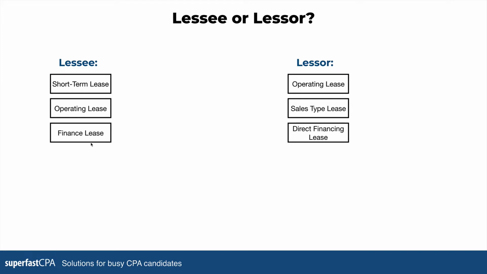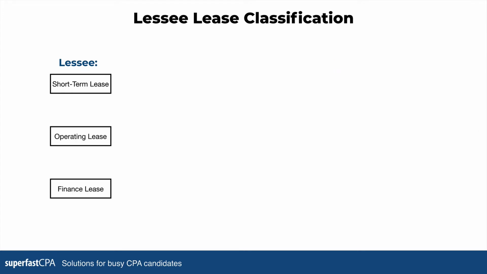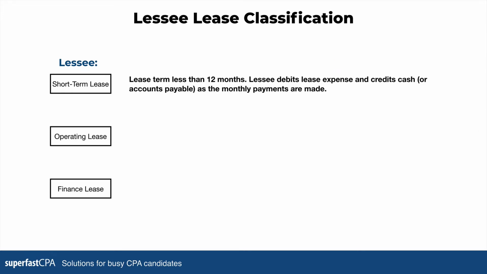Although with these finance lease types, sales type, or direct financing lease, really a sale is taking place. But the three types for the lessee would be you could have a short-term lease, an operating lease, or a finance lease. And then on the lessor's side, you'll either have an operating lease, a sales type lease, or a direct financing lease. So on the lessee side, a short-term lease is any lease that's less than 12 months,